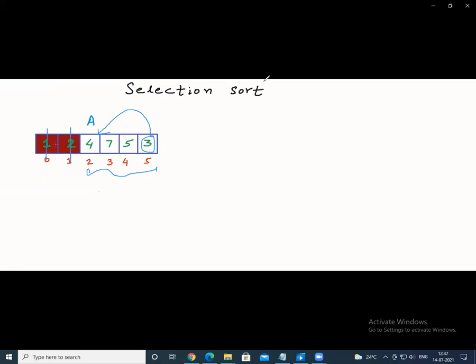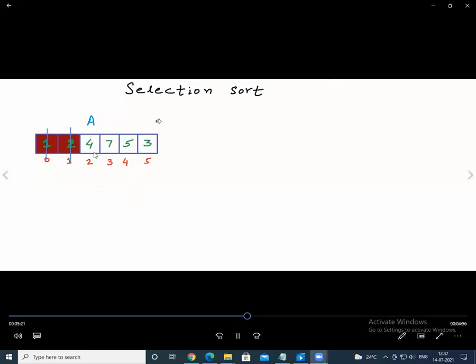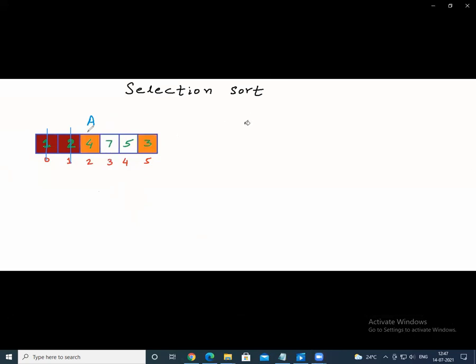And once you complete it, you could see 3 and 4 will be replaced. Once it is replaced, 3 will come over here, 4 will come here. We are not going to see this. Now the left out array is this. Again, as we proceed, 4 and 5 are replaced. So 7 is already in place, no need to swap. If it is not greater, you are not going to swap. If it is greater, we are going to swap it, right?